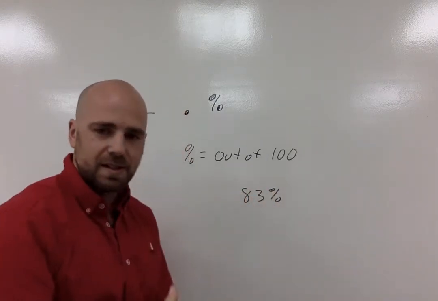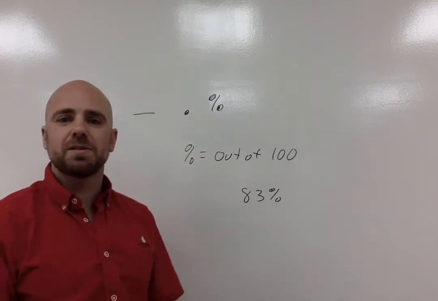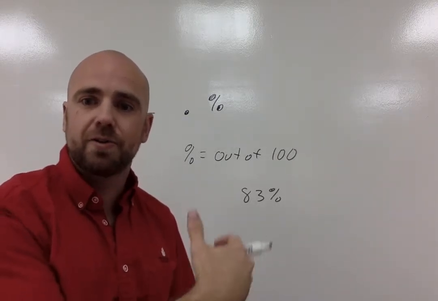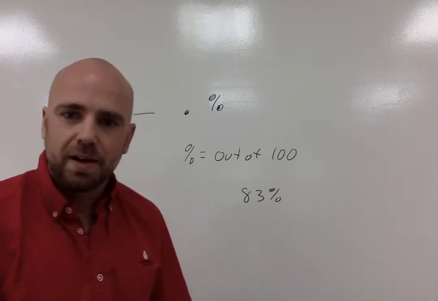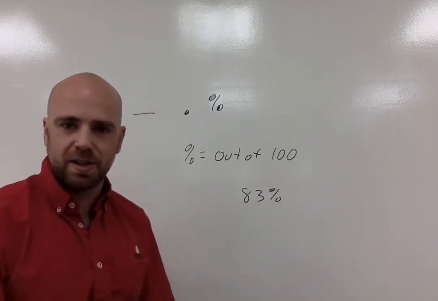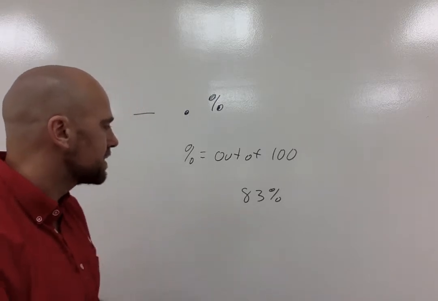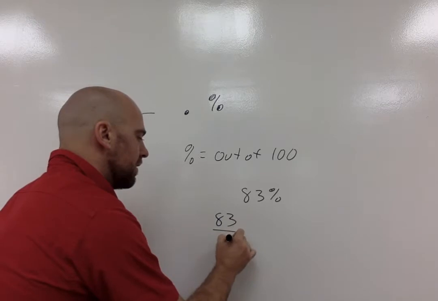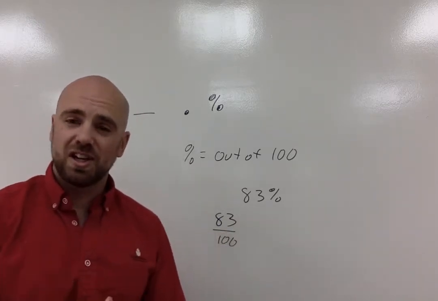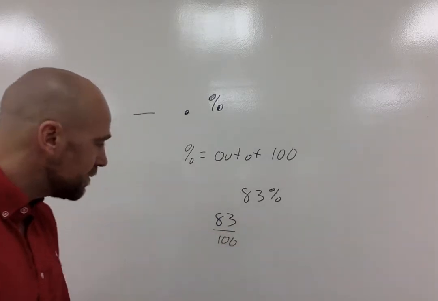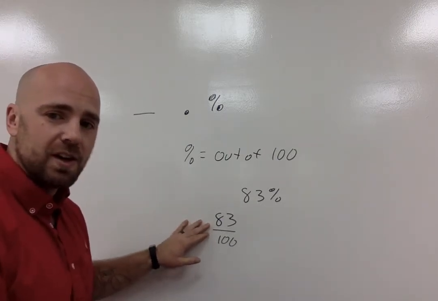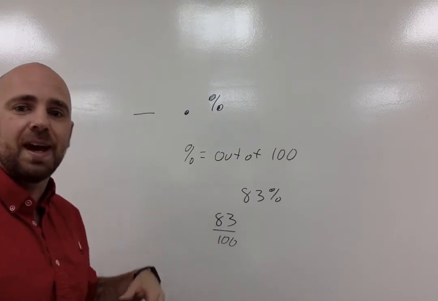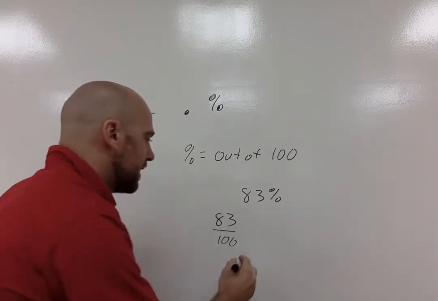83%, for example, that means if that was what you got on a test and there was 100 questions, you got 83 out of 100 right on the test. Okay? Now, what if it wasn't necessarily out of 100? Well, we can take this percent and we can turn it into a fraction. So we can say 83 out of 100. So we can change it to a fraction right away. And then when we look at our fraction, we have 83 over 100, or we can also call that 83 hundredths, which would be